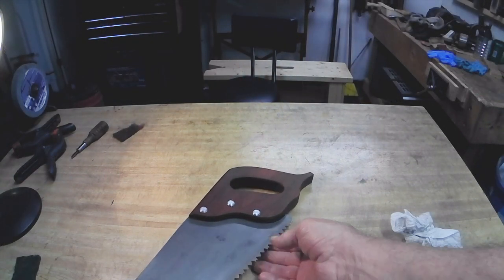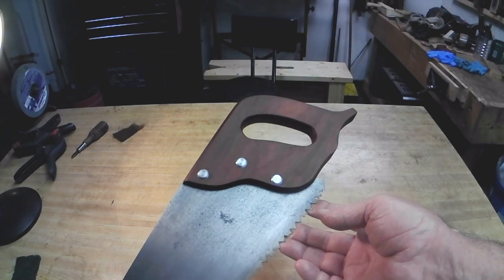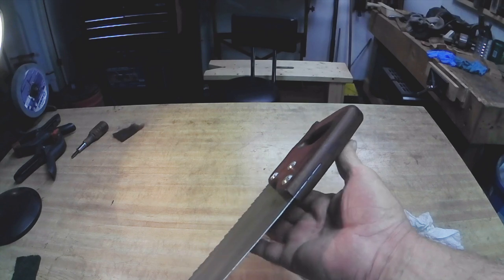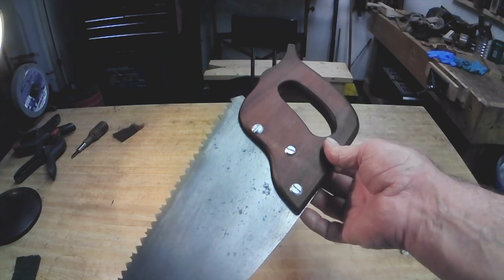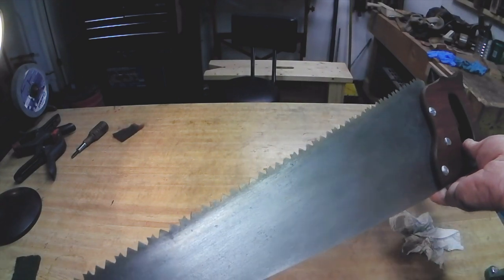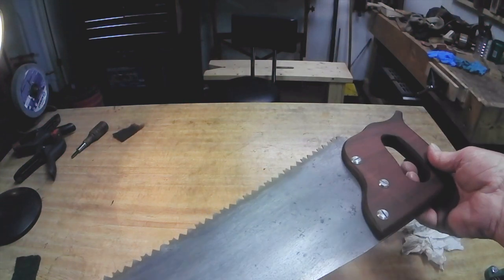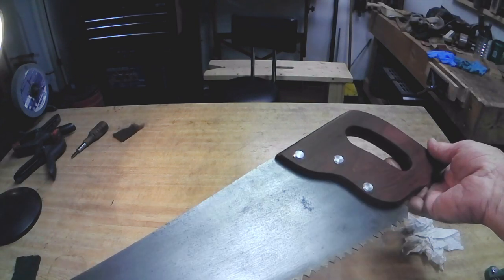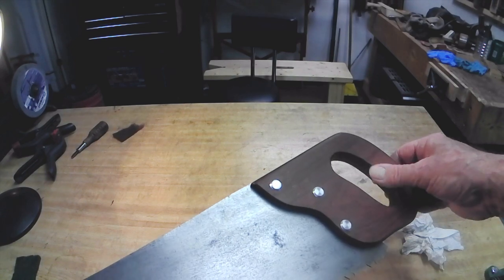Okay, I'm going to finish up the pruning saw video here. Now, I finished up the tote. I put 5 coats of linseed oil on it. Let that dry, and then I put a coat of paste wax on it. Polish that off. Now, I did sharpen this thing, and I don't have anything to prune right now, but I did. I took an old 2x3 and I sawed a piece off of it, and it did a good job on that. But yeah, the tote's fairly comfortable,